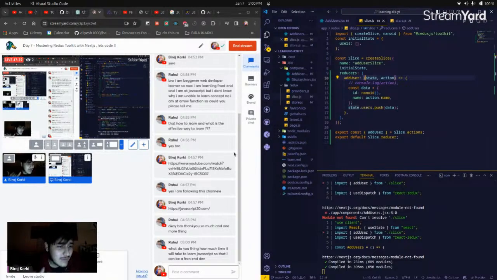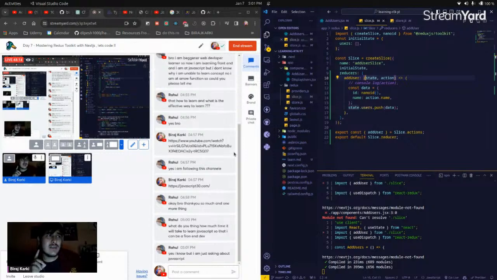You need to learn JavaScript. You need to learn styling. You need to learn React or some other framework. But that doesn't mean you will not get the job. You will get the job, but just JavaScript, no. You need to have some knowledge of a framework also. If you go to a company, you should say, I know this framework, so I can make a website on that framework. If you can do that, then it will take 3 months,